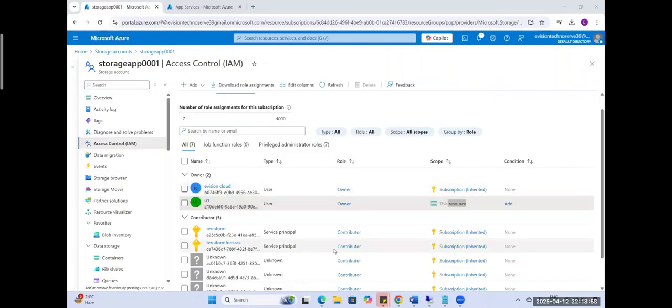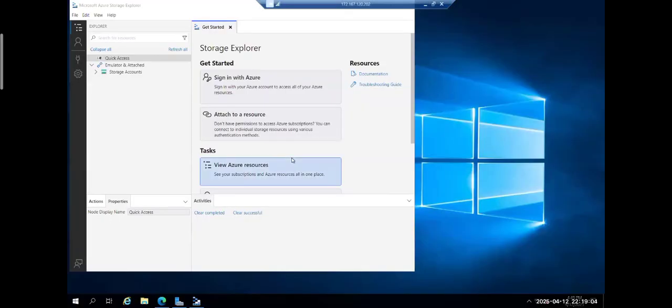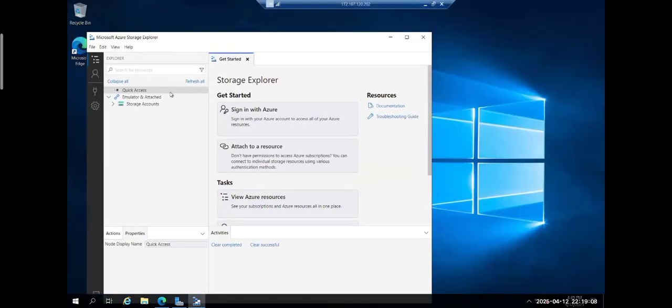If you do not want to give portal access, then don't. What you can do is simply go to the Azure Storage Explorer tool. Go into this tool, and from here there is one option, sign in with Azure. This option. So now I am not creating any key, no access key or SAS key. I will just click on sign in with Azure,